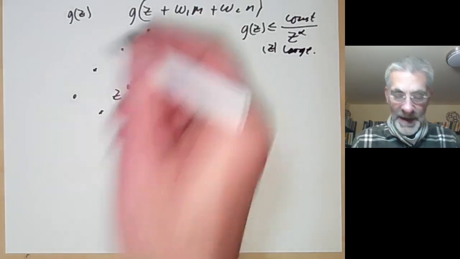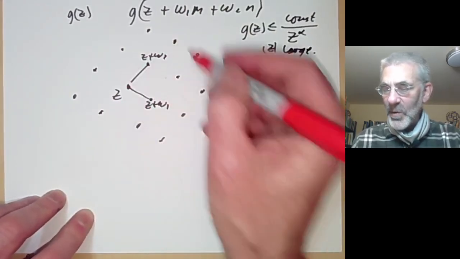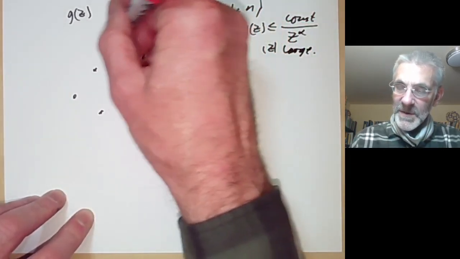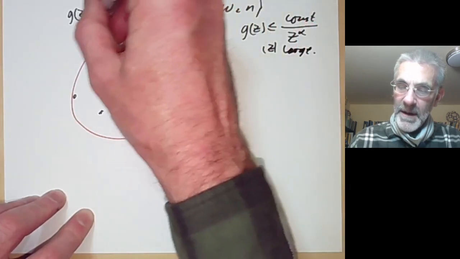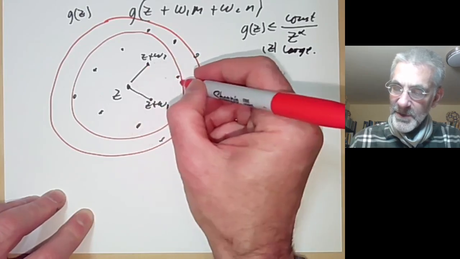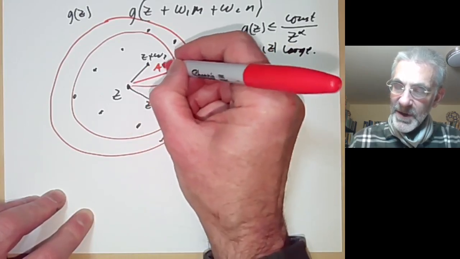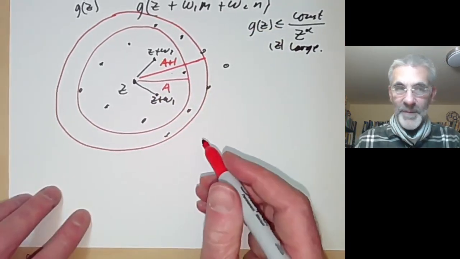And now we're going to try and estimate this sum, and what we do is, we've got to estimate the sum over all these points, and what we're going to do is estimate the sum of the points in some sort of ring-shaped region. So suppose this distance here is a, and this distance here is a plus 1 for some integer a. Then